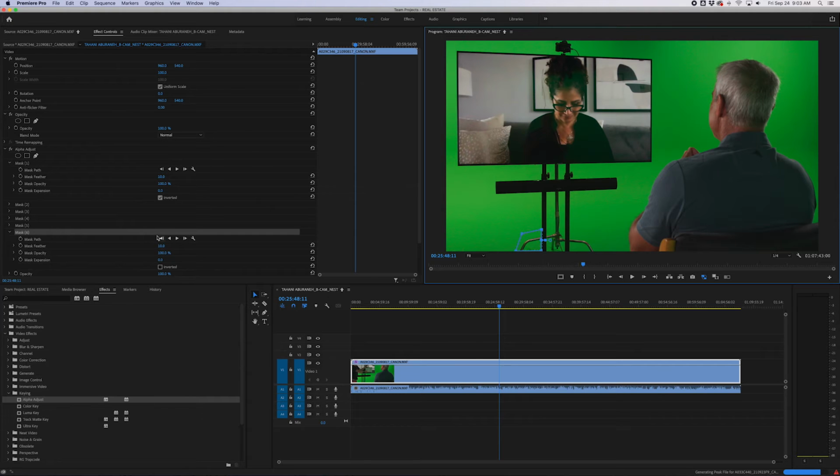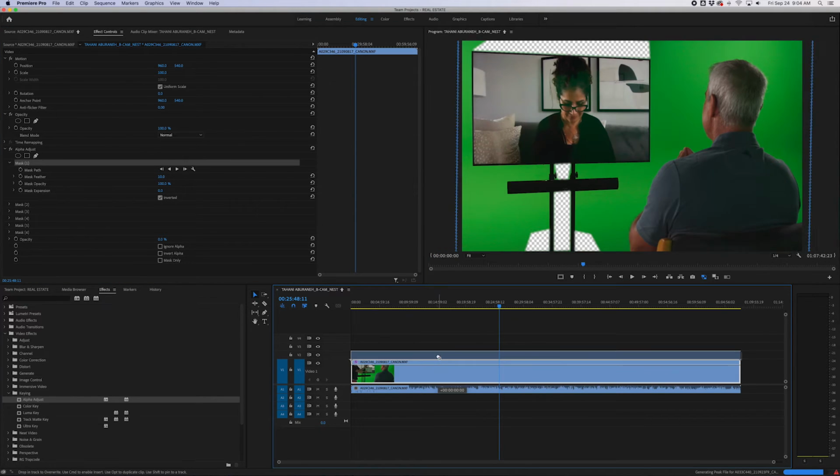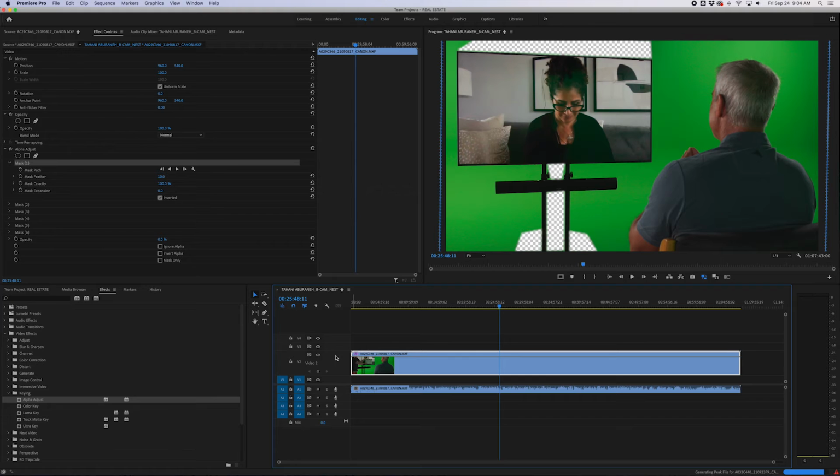All right, so now that we've got all those masks, those elements cut out, I can go back into the mask setting and do opacity 0. And you can see that that's cut all those elements out. And now when we pull the key, it's going to cut out the rest of this stuff here. So if I want to, I can do a test key quick, just pull that up onto V2, go back into my